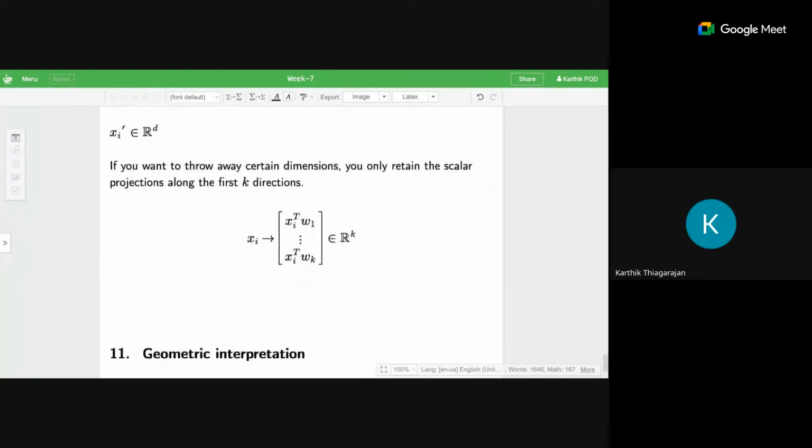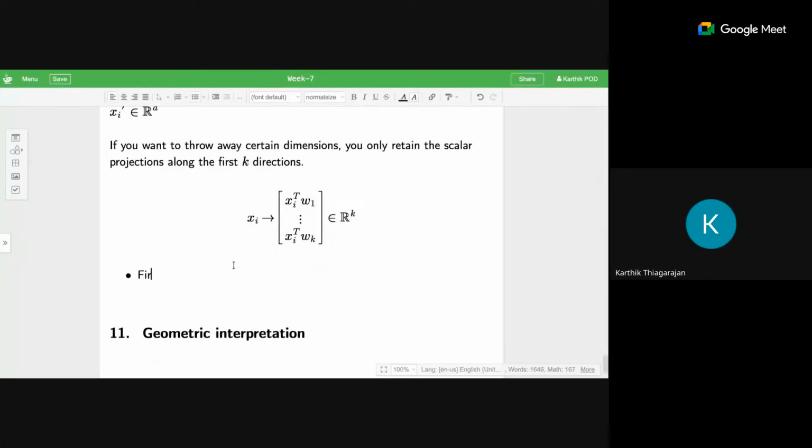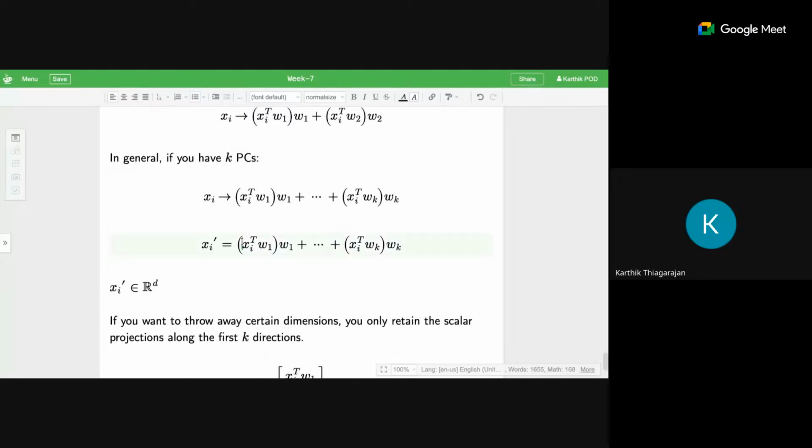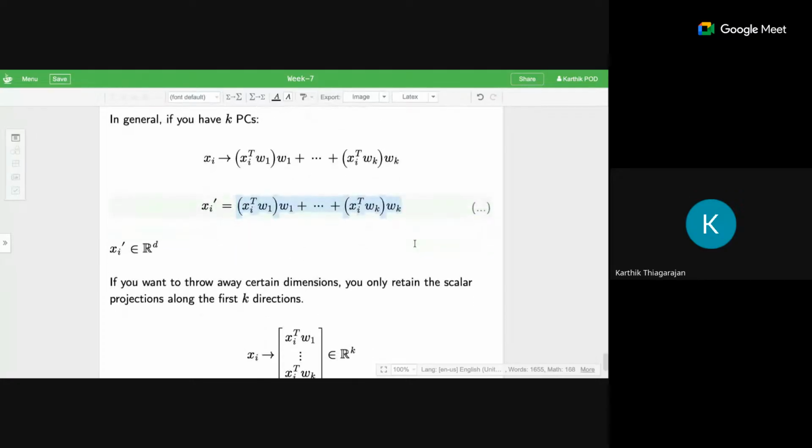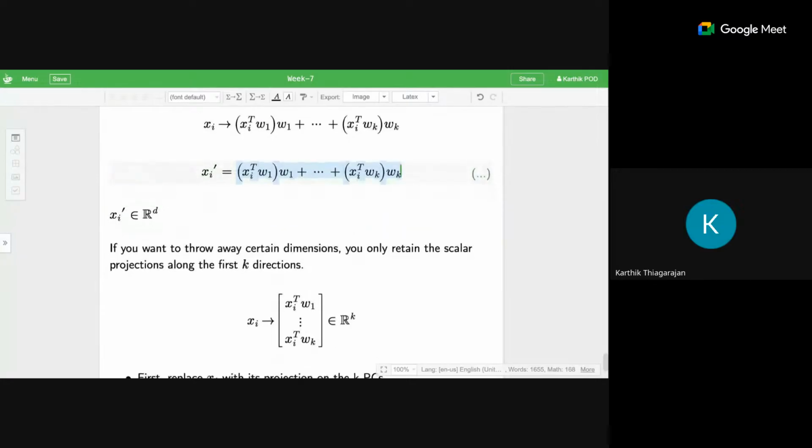So there are two steps. First, replace xi with its projection on the k PCs. Okay, so that is step one. That will give you xi prime, this one. Now all that is well and good, but then if you